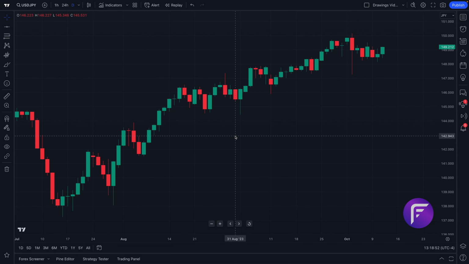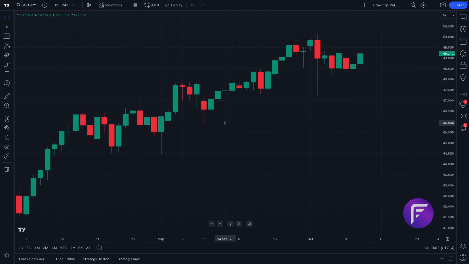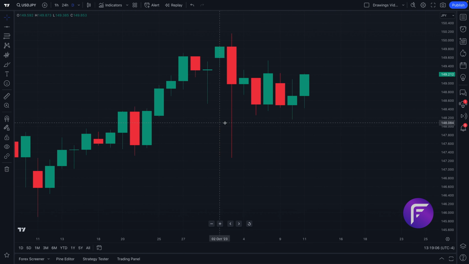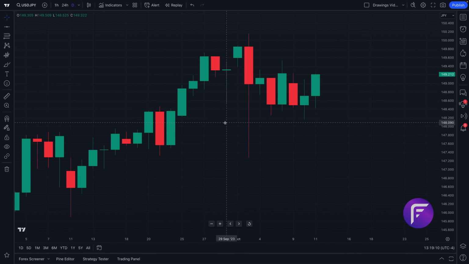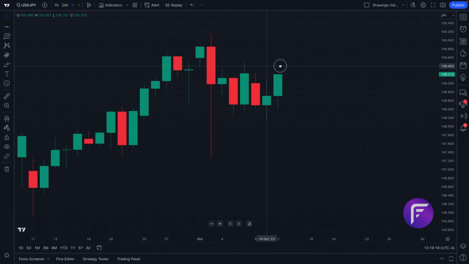Hello, Forex traders. Let's look at the basics of TradingView and how to access and customize your chart. For starters, you can zoom in on your chart or zoom out on your chart by using the mouse wheel on your mouse. Just push that mouse wheel forward or pull it backward and the chart will zoom in and out. You can also click and hold and then drag the chart to the left or to the right depending